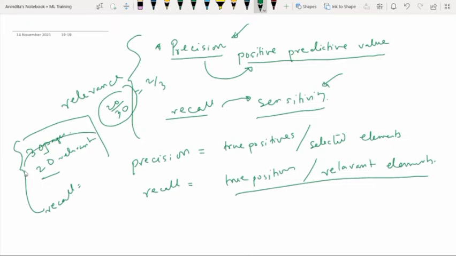Means whatever I have searched, how valid it is. So my validity factor is 2 by 3. Right? While for recall we will write 20 by 60. Why is it 20 by 60? It is say 1 by 3, which tells us how complete the results are.